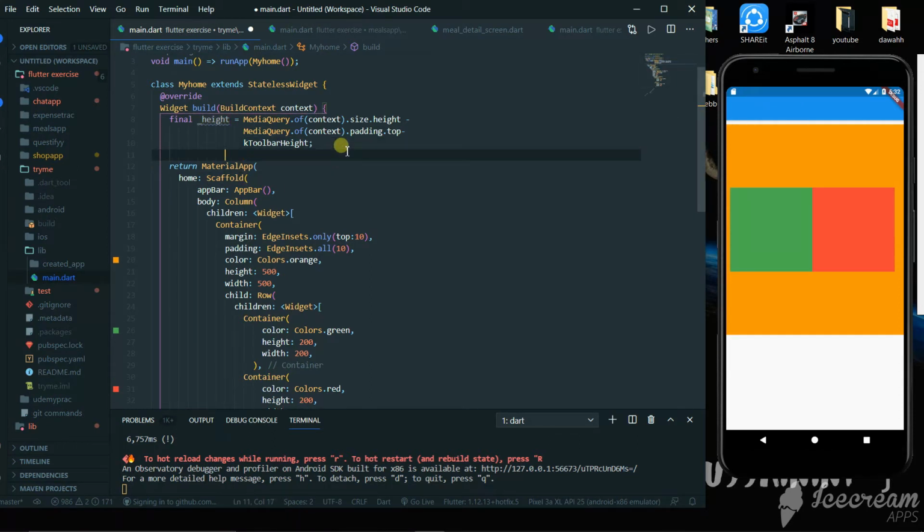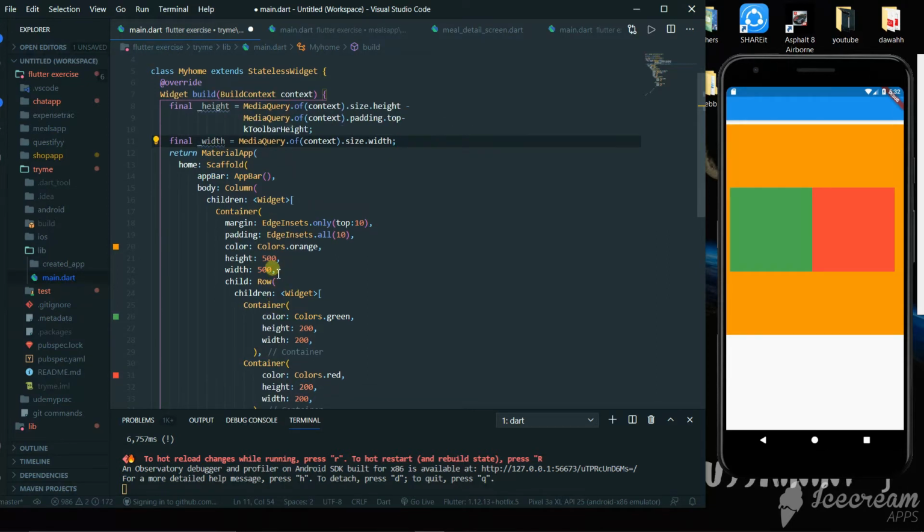Similarly, we can get the width of the screen, MediaQuery.of(context).size.width. So we'll get our width and it will be stored in this variable. So what we could do is, instead of these manual values, we could give our variable height.